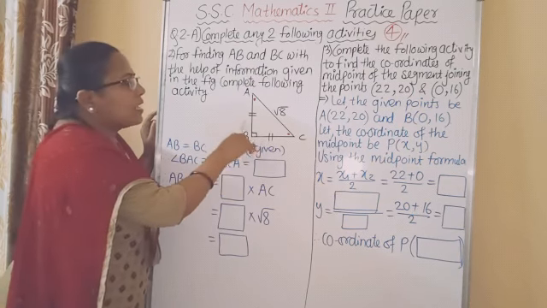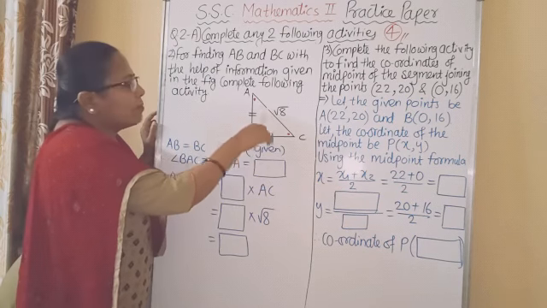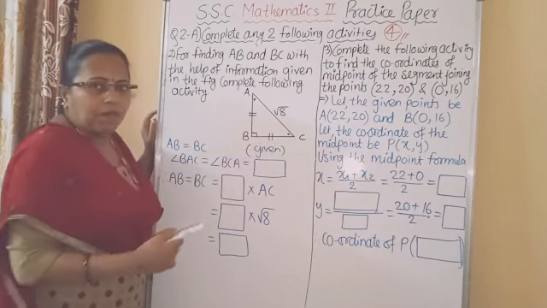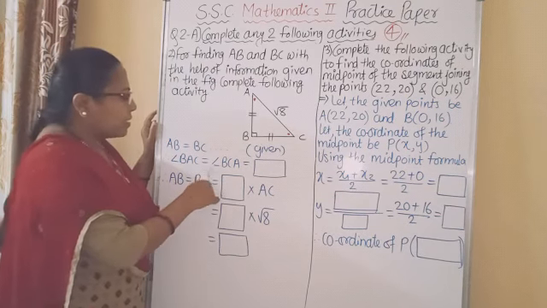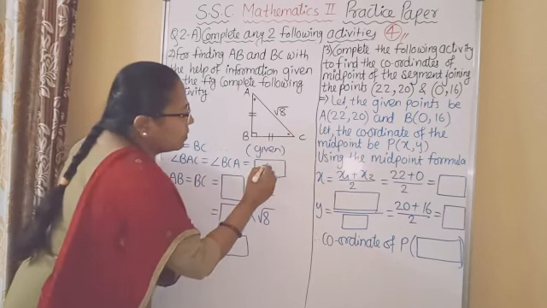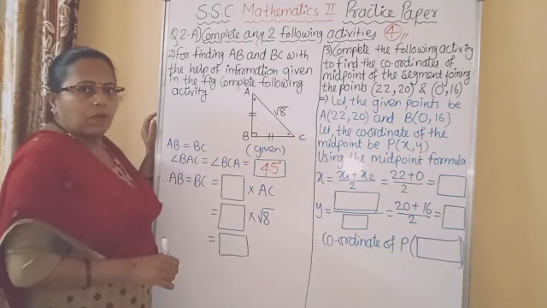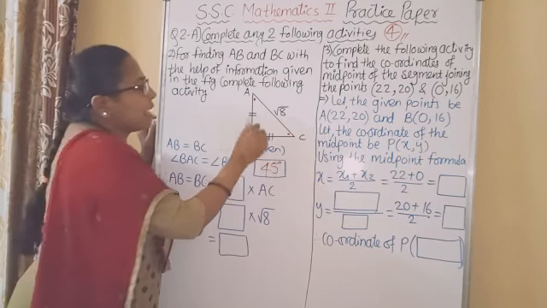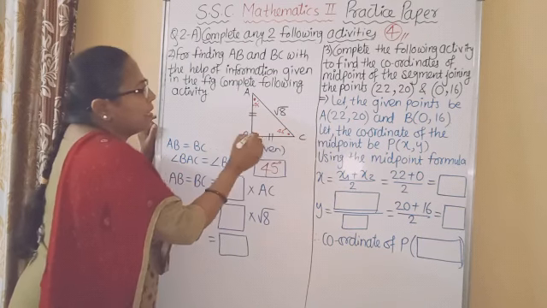So in an isosceles right angle triangle, one of the angles is 90 degree and the remaining two angles are half of 90, which is 45 degree. So angle BAC is equal to angle BCA is equal to 45 degree. So this is the answer here. Okay. That means this triangle is 45, 45, 90 degree.